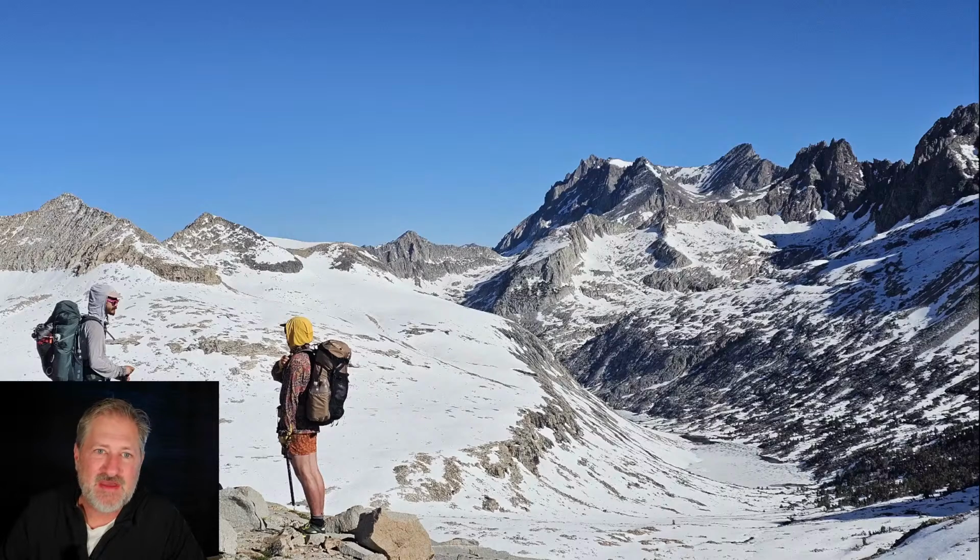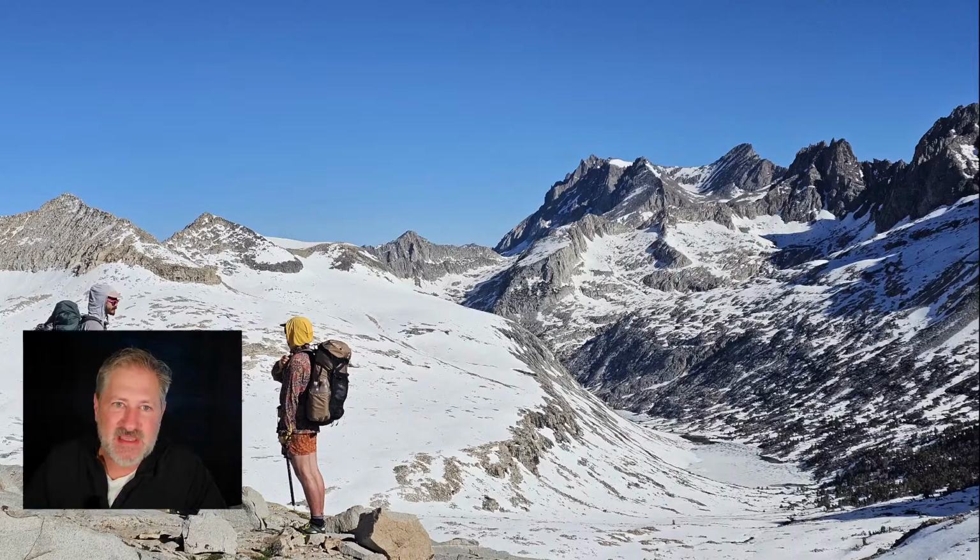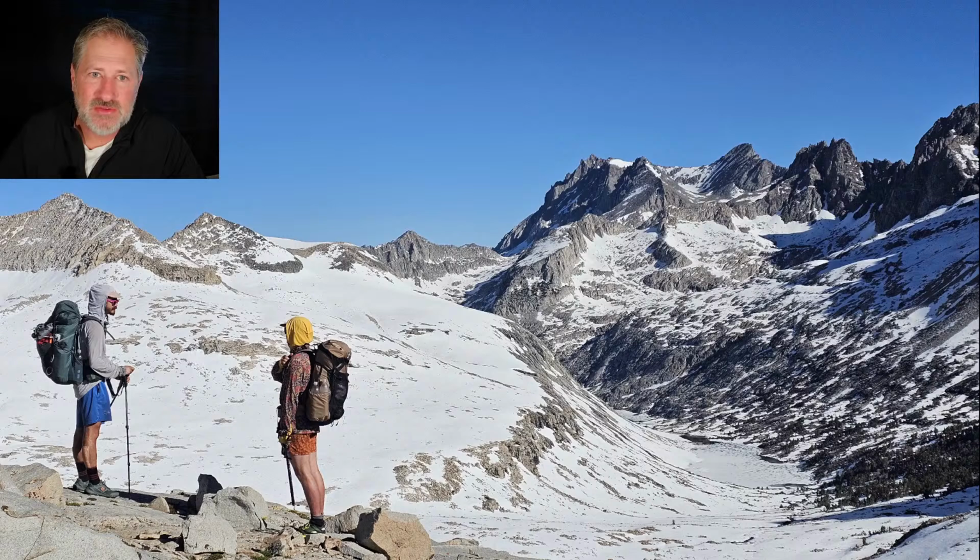This is the other guy that fell off this hill. And this guy was like, I don't know what was going on with him, but he didn't have micro spikes with him, or an ice axe. He didn't have micro spikes or an ice axe, and he's taking on the high Sierras, and that's a recipe for problems. And just after this photograph was taken,